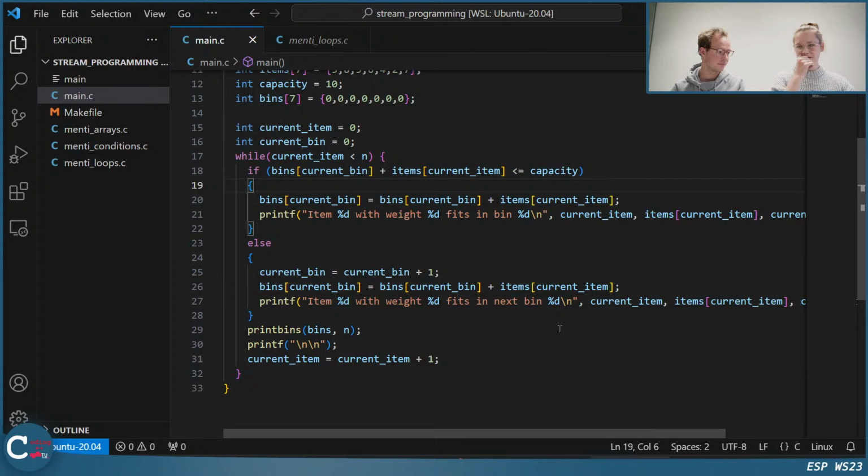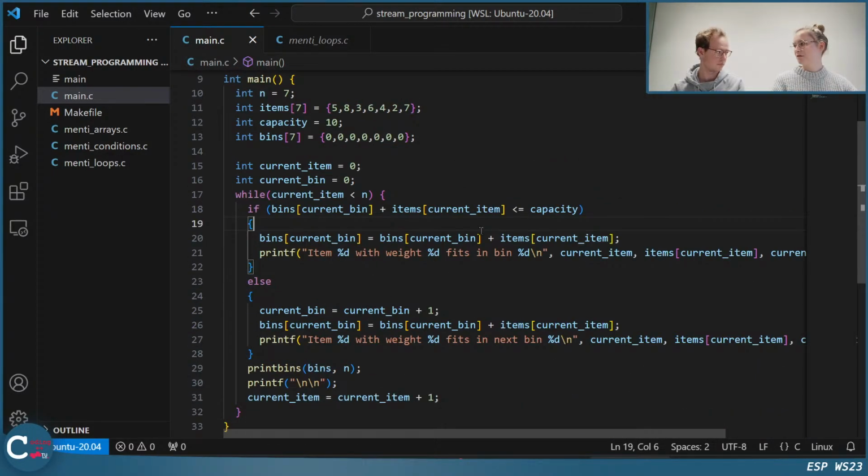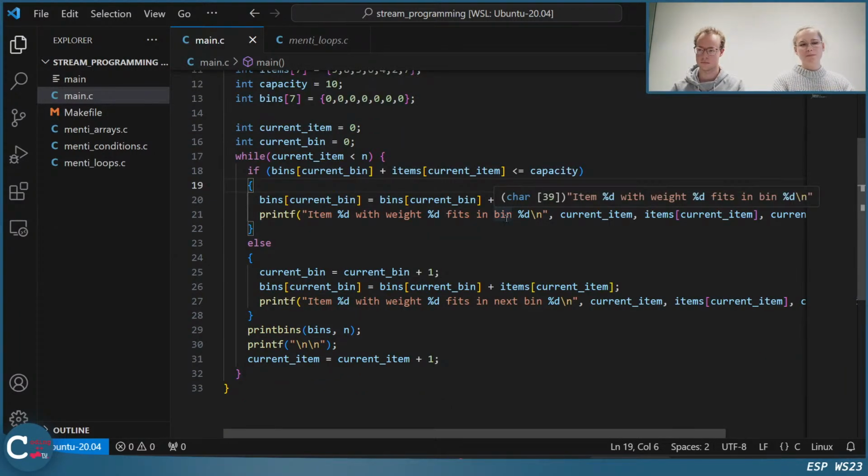Okay, so this was Next Fit, exactly. And if you would like to do some exercises at home, because we have 2 weeks of no stream now, you could take this code, which I'll upload in the handouts as always, and maybe try printing the number of used bins at the end. This could be a fun little exercise.